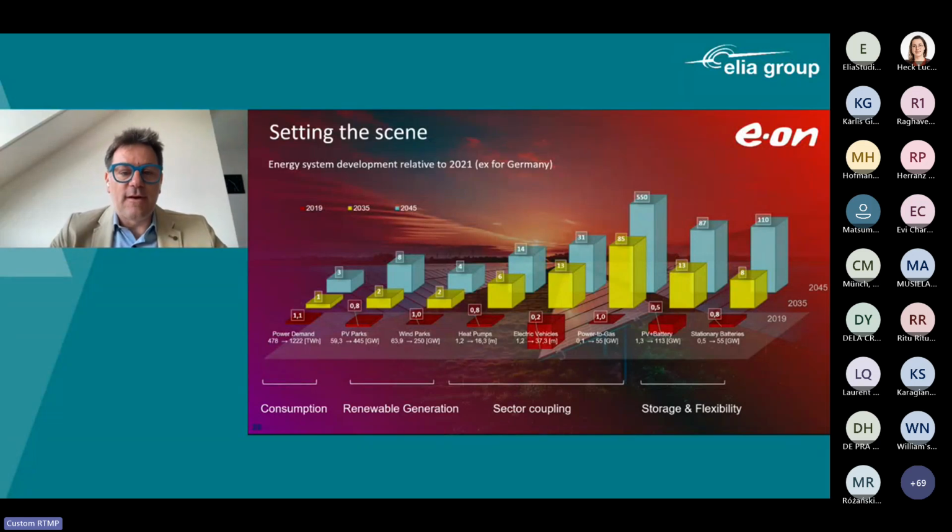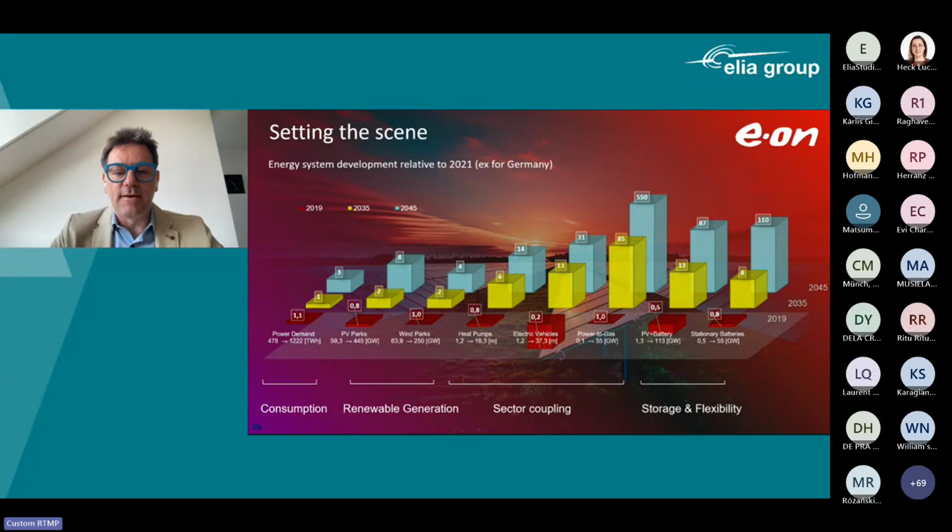At the same time, we see that renewable energy generation will increase by a factor of 8 or 4, depending on whether you took into consideration PV parks or wind parks. But what is even more astonishing, if you move to the middle of these slides, is that we'll have a bigger increase in the number of appliances and actors in the energy sector. So for example, we'll have a 14-fold increase of the heat pumps in the systems, a 31-fold increase in the number of vehicles that will be around. And of course, we will also have a much larger increase in the power-to-gas and electrolyzer capacity installed.